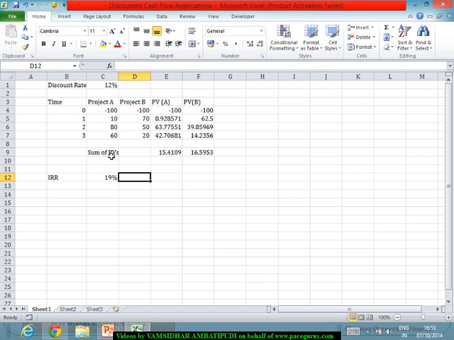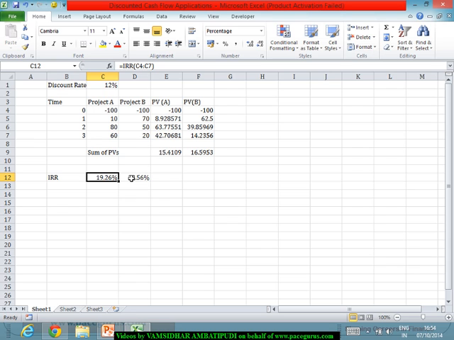So I'm simply finding out the IRR, in this case coming out to, let's say, 19.26%, whereas in this case the IRR is coming out to 23.56%. So the rate of return which this project has generated is 19.26% on an average on an annual basis. This particular project has generated a rate of return of 19.26%, whereas this particular project has generated a rate of return of 23.56%. If all goes as per our expectations, in this project we are going to make 23.56% return, whereas in this project it's going to be